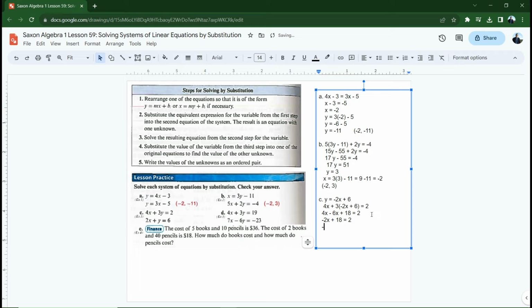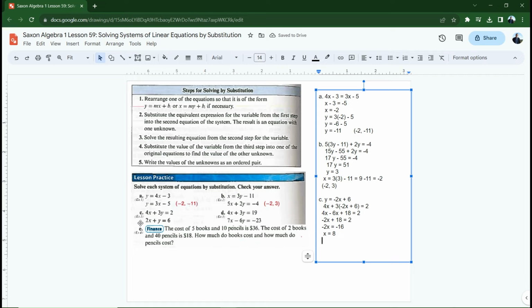I'm going to subtract 18 from both sides of this. I'm going to end up with negative 2x equals negative 16. And then divide both sides by negative 2, I get x equals 8. Okay, so if x equals 8, I can figure out y pretty easily by plugging in x to the second